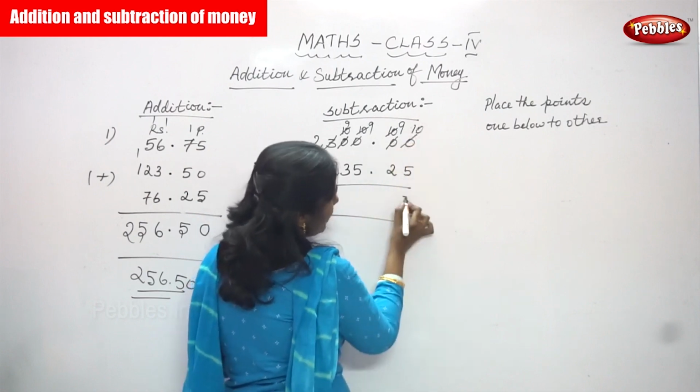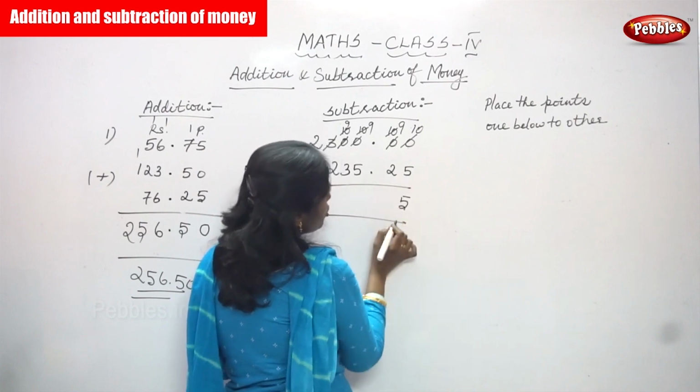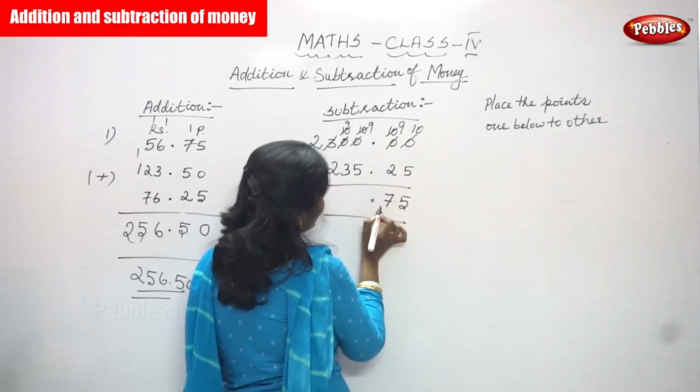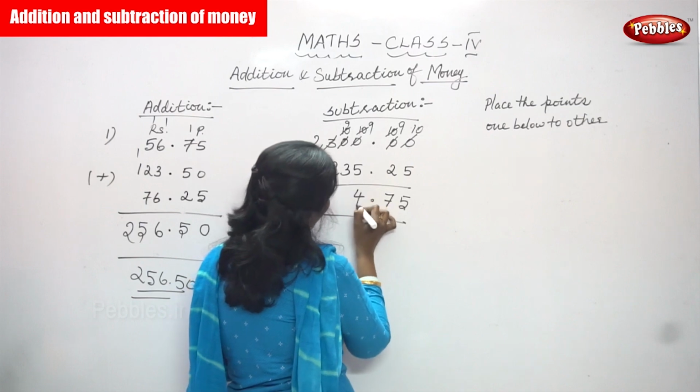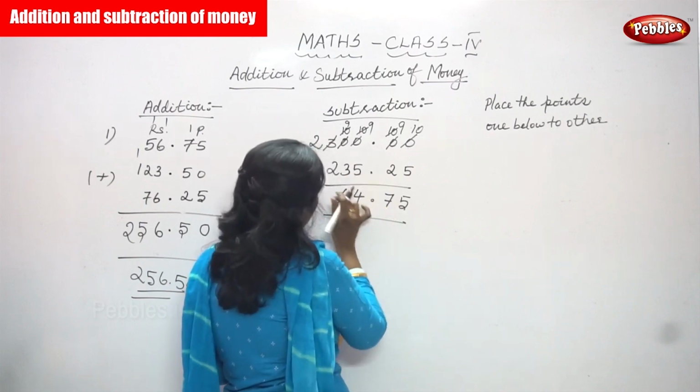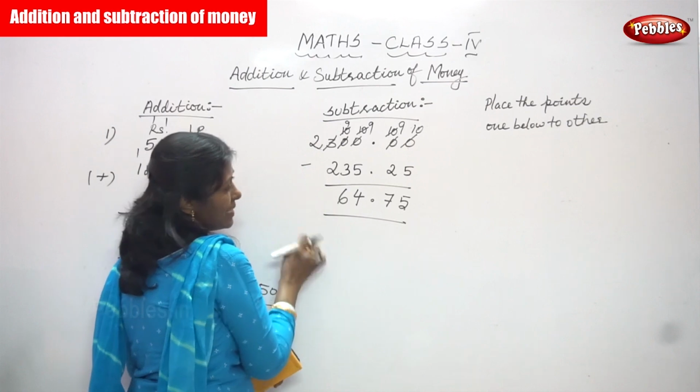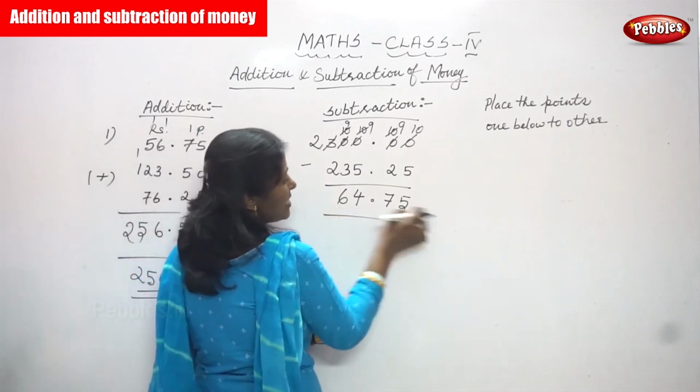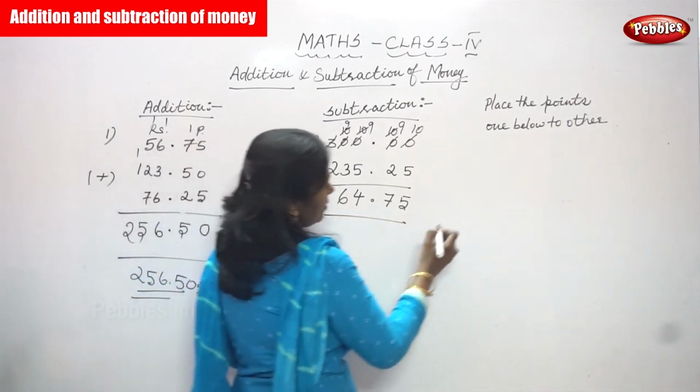So 10 minus 5, you get 5. 9 minus 2, you get 7. Then the point. Then 9 minus 5, 4. And 9 minus 3, 6. The last number is 2. 2 minus 2, you get 0. The answer is 64.75. I'll repeat once again, that is